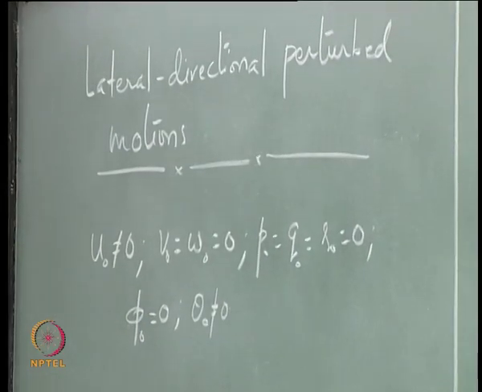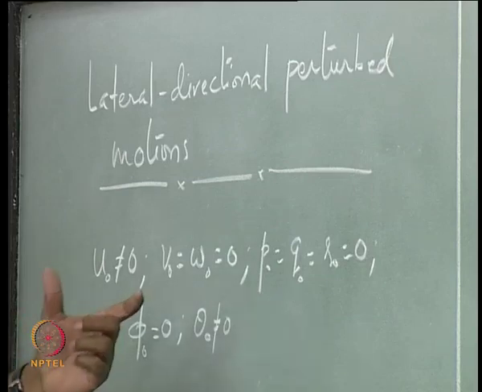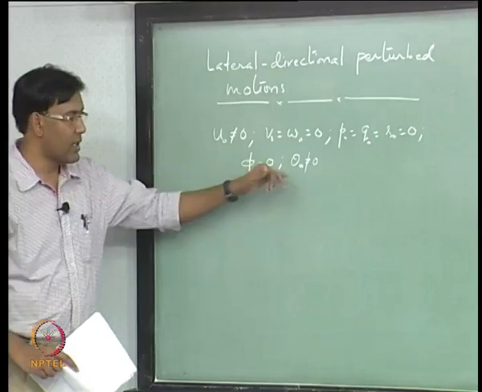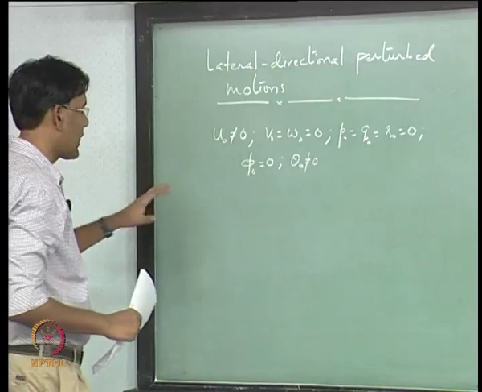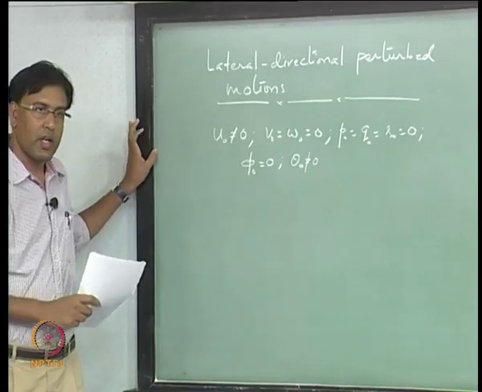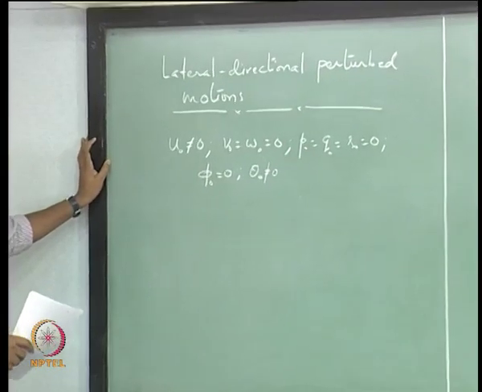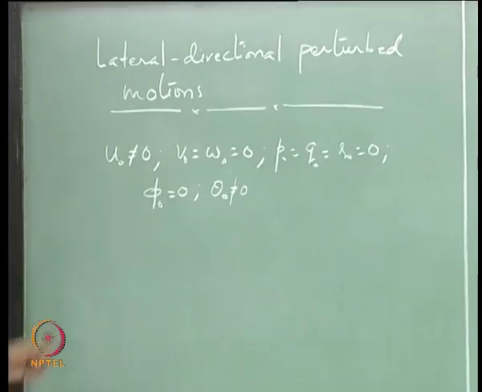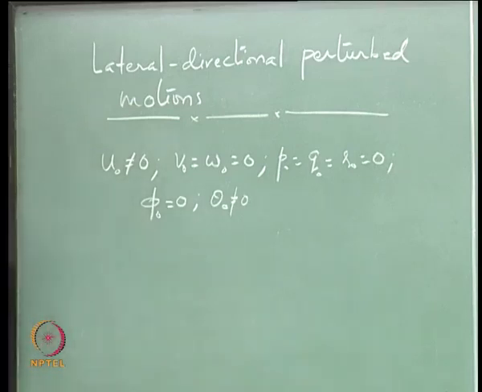U naught is non-zero, V naught, W naught are 0, P naught, Q naught, R naught rates are 0, and bank angle is 0, theta naught is non-zero. So, we were looking at this equilibrium state and the perturbed motion of aircraft from this equilibrium state, and in the last class we started looking at lateral directional perturbed motions, and we